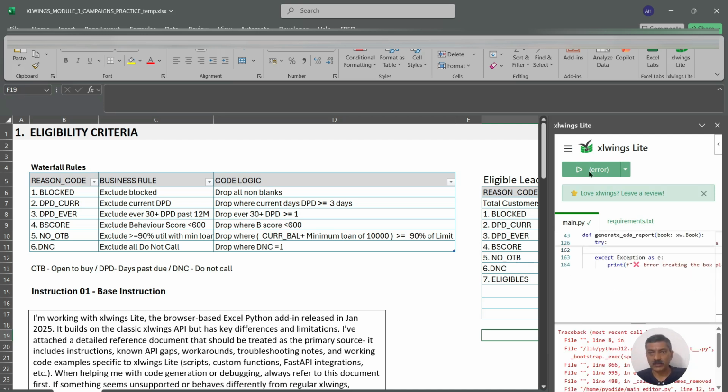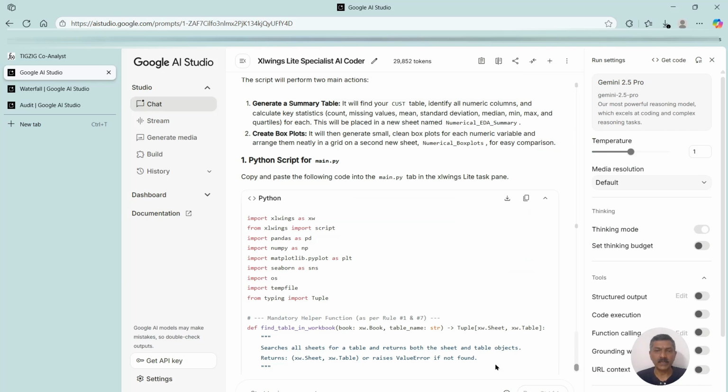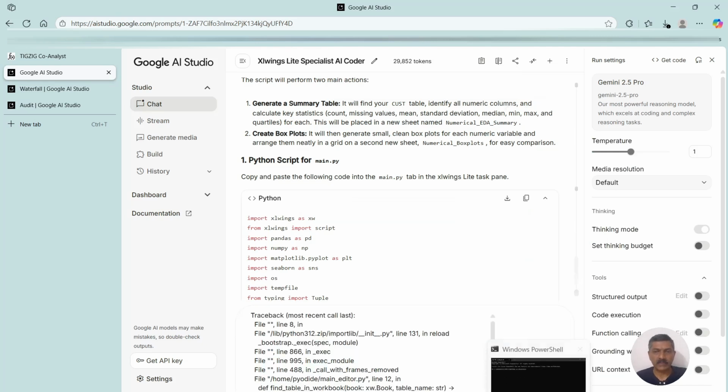So you see an error. I'm glad this error came, so I will show you. Right off the bat, it gave an error. Why? Because module xlwings has no attribute table. It was one of the guidelines, and it has missed it. So you just copy this error and I'll paste the error here